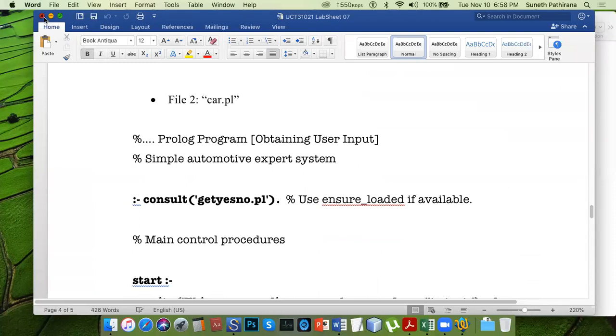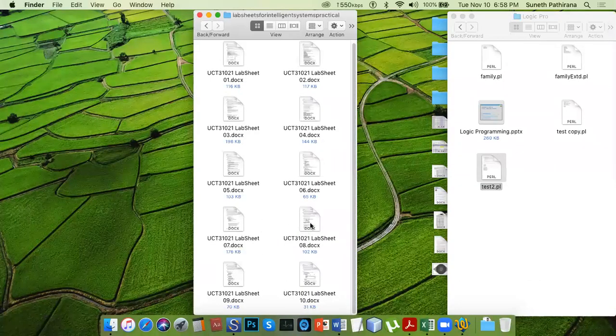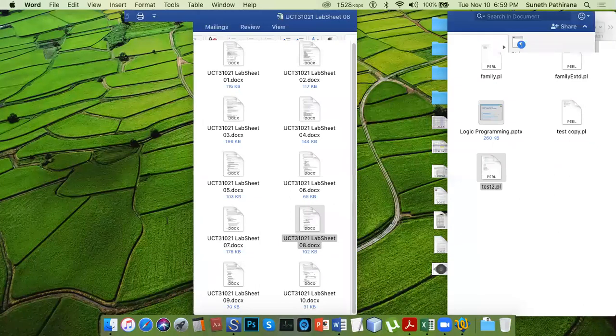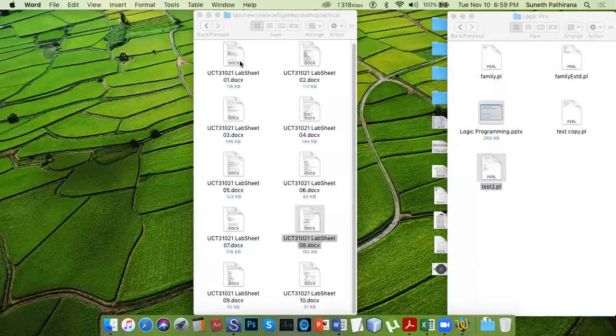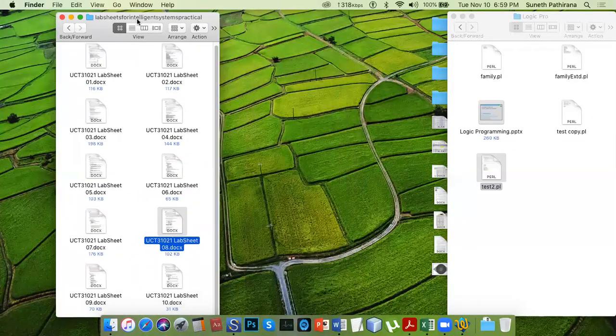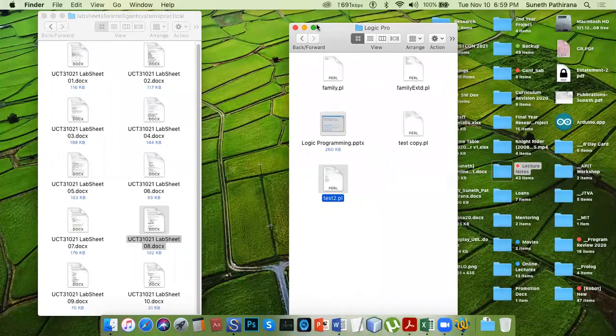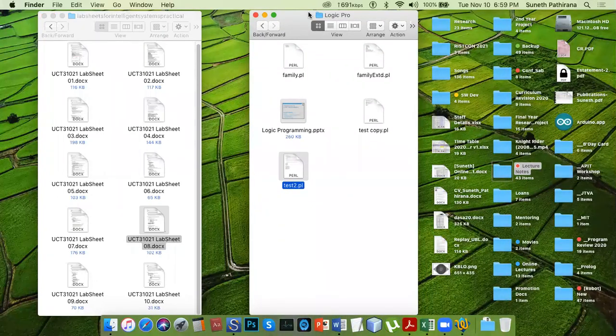We will cover these two using only a single session. I think from 8 onwards should be introduction to experts, implementing expert systems with Prolog 2. So we do all these things just to know the basic techniques of Prolog, which will be very useful to implement a real world expert system.